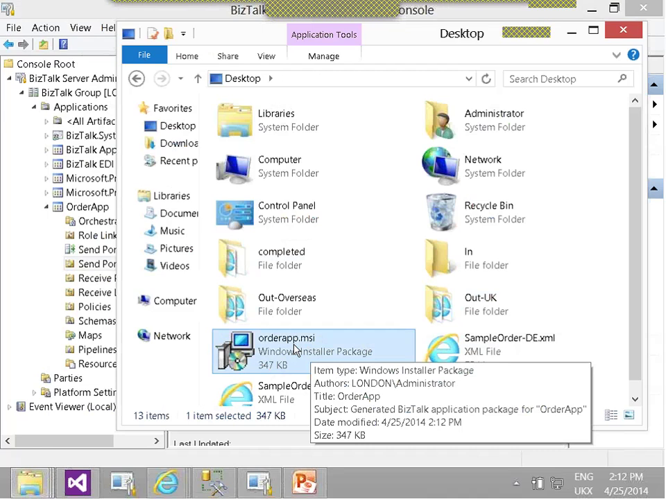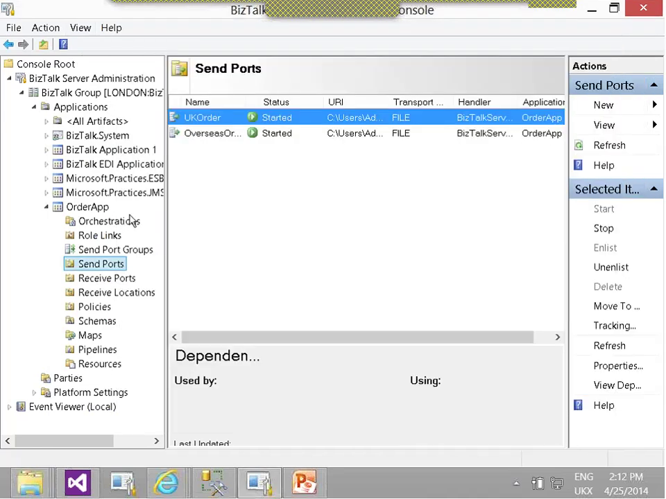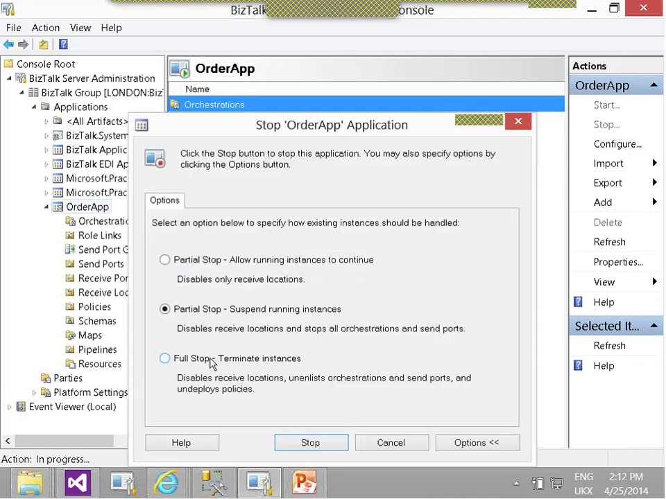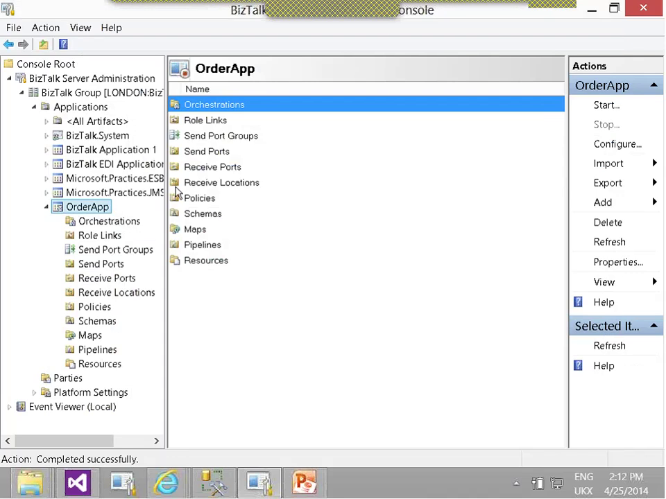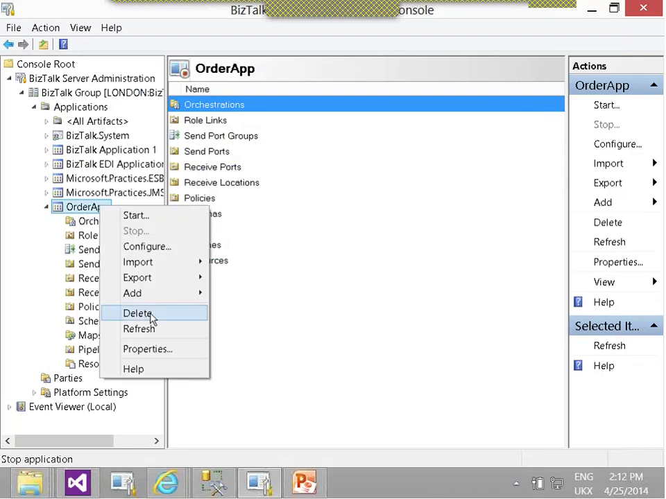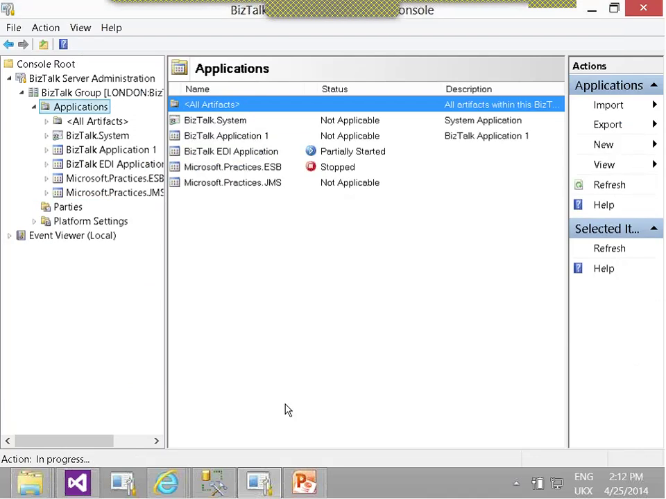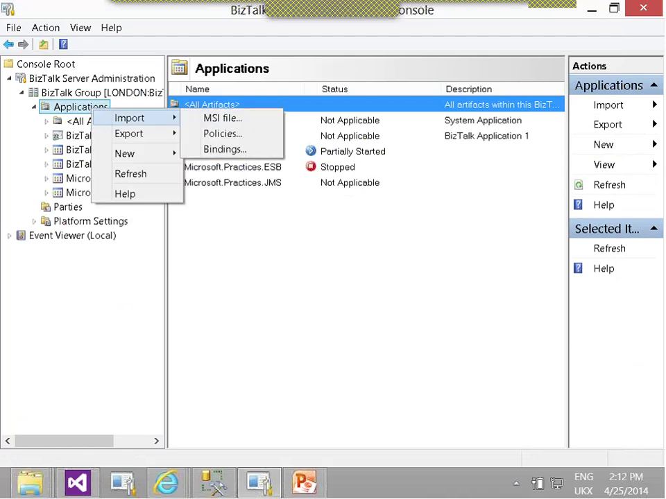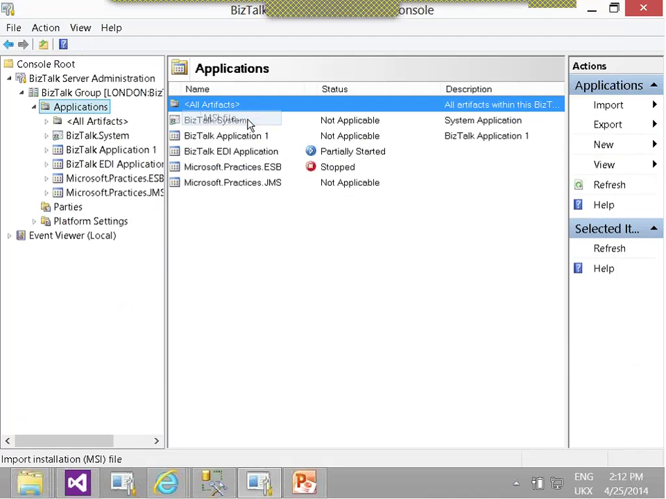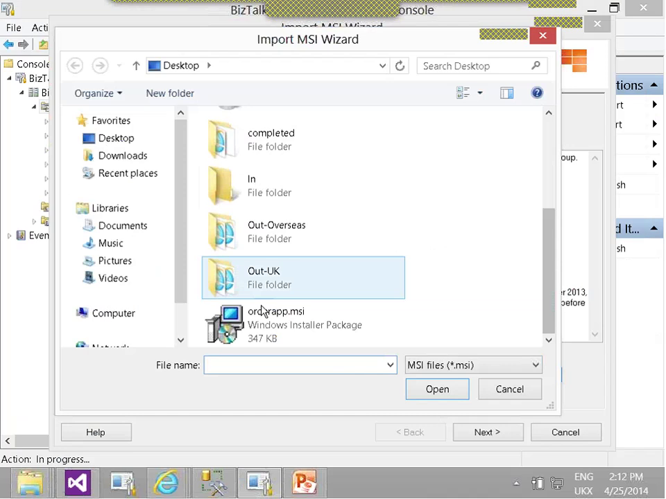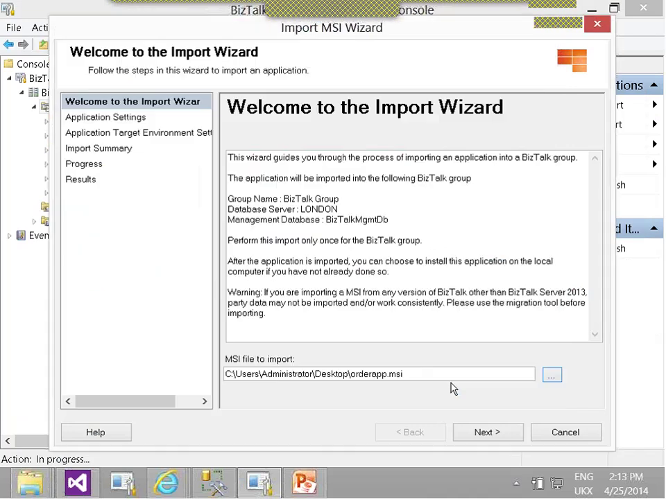So if I'm coming to a different server, let's pretend I am coming to a different server, let me go and take this application that's running here and stop it completely, and entirely delete it. To get the application up and running again, all I have to do is import an MSI file, point it at that MSI file, click my way through this wizard,